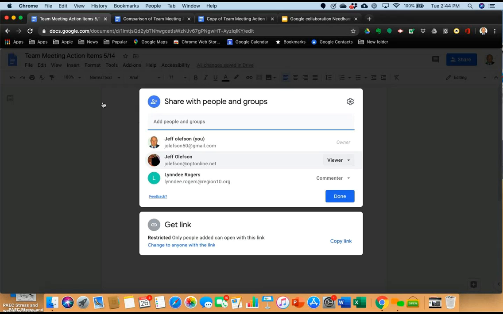And so I might just decide in the middle, while I'm working on it, I'll take everybody out of view. And then if they have an old link, it won't work, because at that point they don't have access. And then as soon as I have it fixed up, especially if I have them as a group, I can just enable a group again as view. And I can be granular about this. I could have me and the principal and the assistant principal can edit. I can have the staff